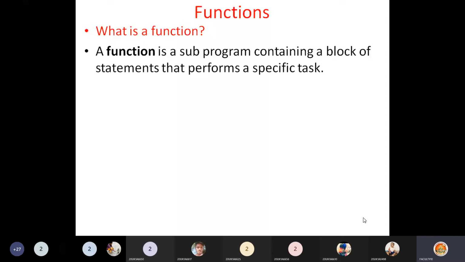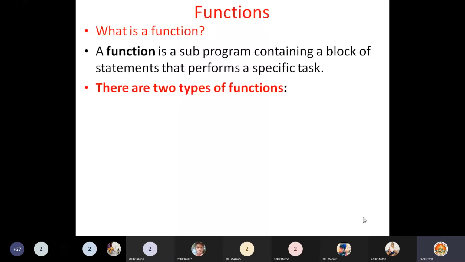For example, finding the square root of a number: for that, you use the sqrt function. That sqrt function always finds the square root of a number. Given a number, it gives you the square root of that number. That's all. Other than this, it won't do any other task. So for a specific task, instead of writing the logic in the main function, better to write it as separate code, give that code a name, and that is called a function. I'll tell you how to define that function.